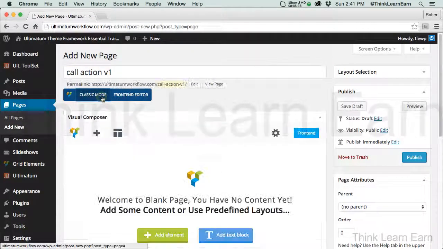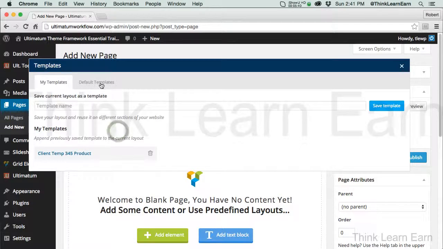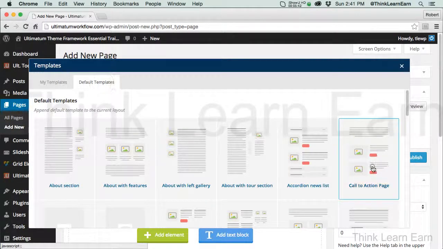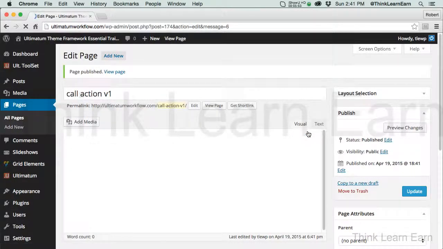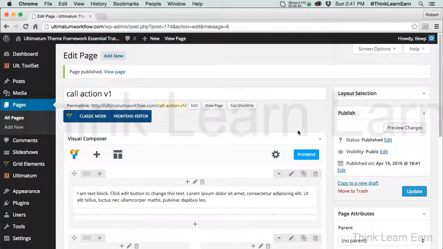We're going to go to our backend editor. We're going to click here. We're going to go to default templates, and we're going to put the call to action page right there and publish this. Now, we're going to keep this really as simple as possible. We're just going to keep this exactly where it is. Okay, so I'm now going to go back to my pages again,